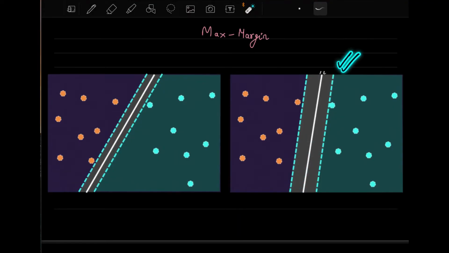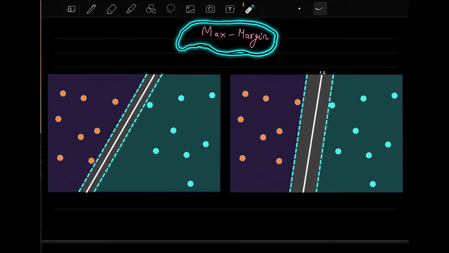So this is the best choice, and we want to work on support vector machine algorithms to generate this type of decision boundary, so that the points at the boundary of both the data sets are as far as possible from this hyperplane. So our objective is to maximize this margin. Let us move forward and see how to come up with the mathematical forms which can help us in maximizing the margin.